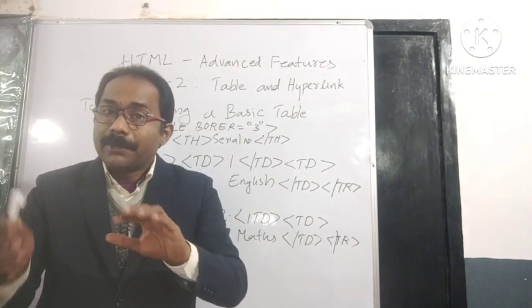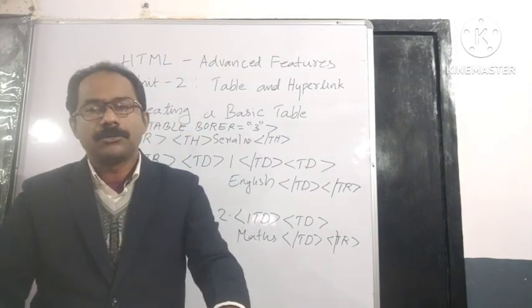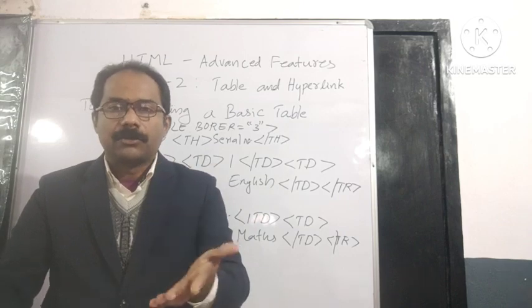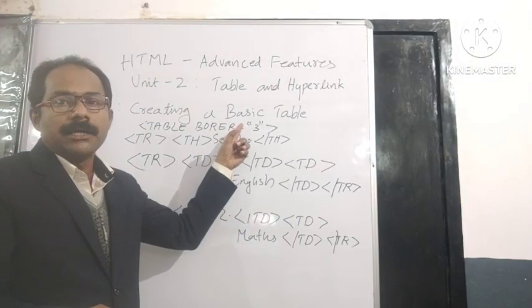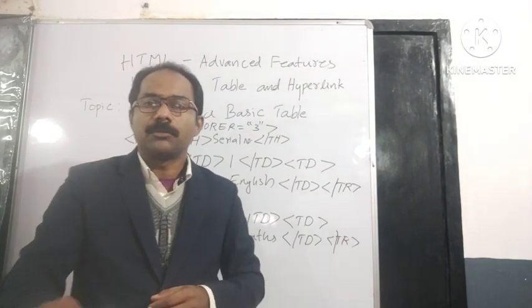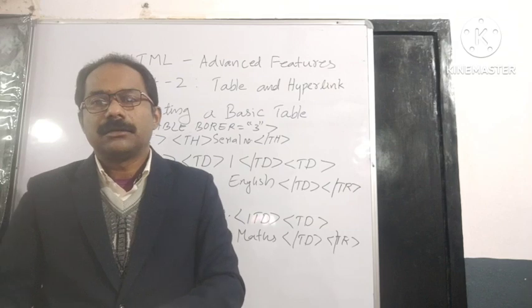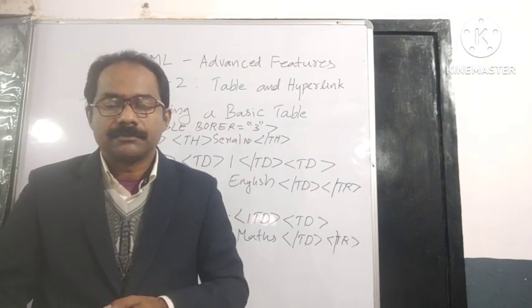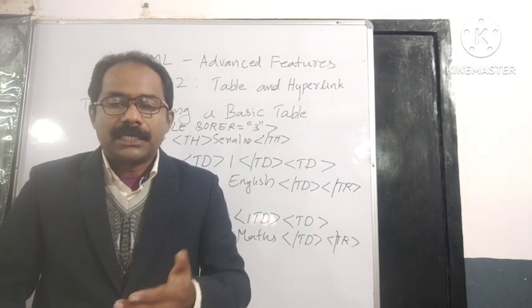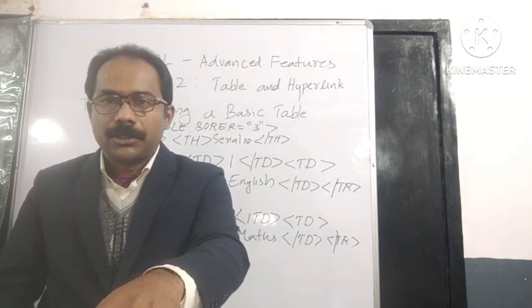Now we have to come to the main part, that is the body of the particular web page. That's why we are using the body tag. Then we are going to create our topic here, that is a table, border 3. It is given in pixels or points. That means the width of the border is around 2 points or 3 points, we can give as we wish. And after that we can see the tags, page number 145, the tr tag, then a row is going to be created.